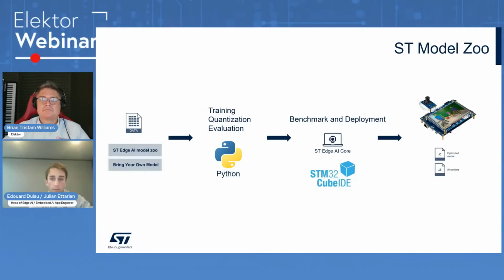So to understand what the Model Zoo does is like this. You will bring your data and your model, or one from the Model Zoo, and you can train, quantize, and evaluate it. If you do that, it's only using Python scripts that are available in the Model Zoo. But if you want to go further and benchmark a model on the board and deploy an application, it's where